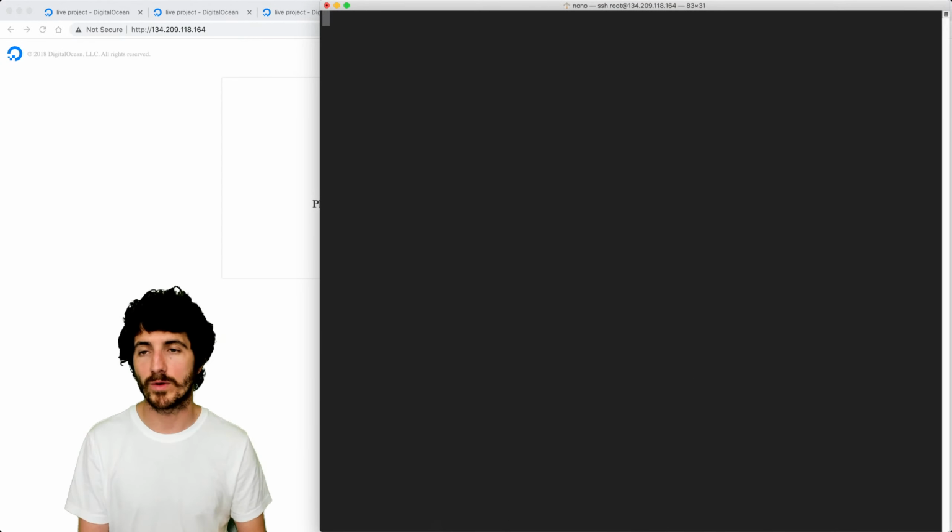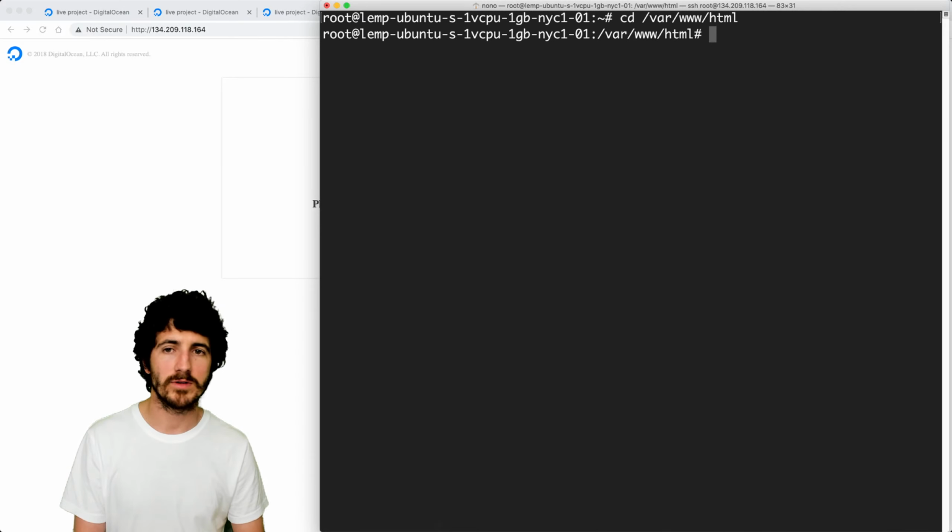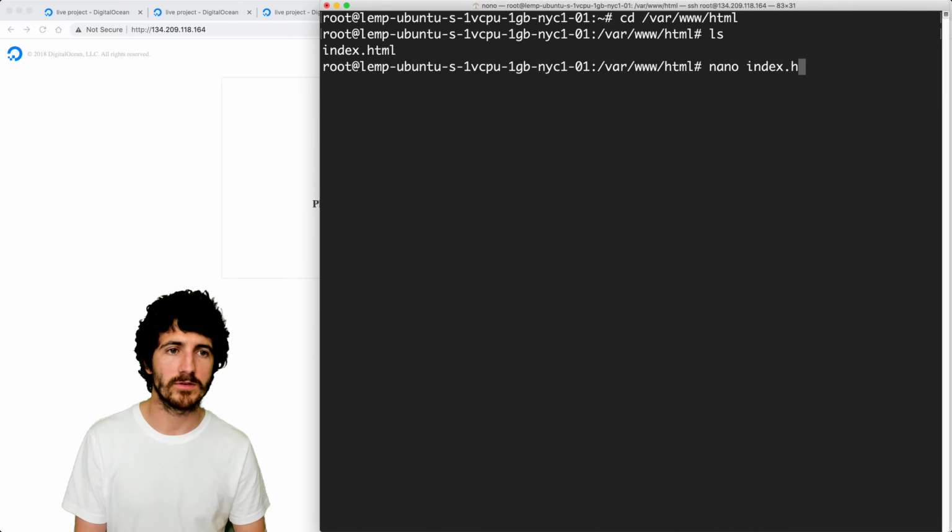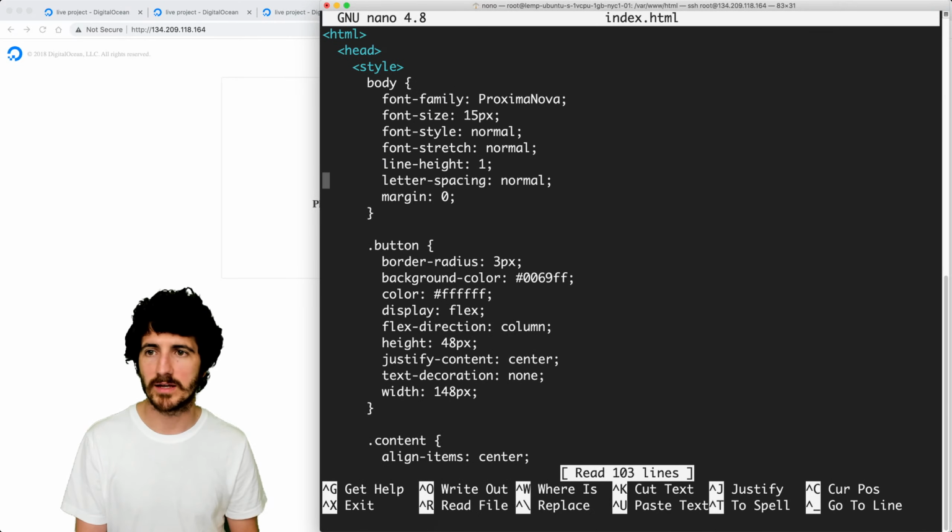So I'm going to this directory and change the index.html. This is being served by Nginx, so please log in, please, nano here. Right, and now that's working here.